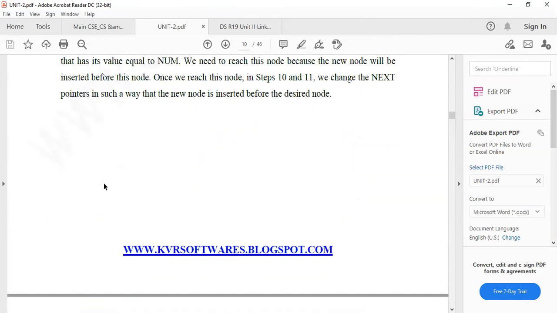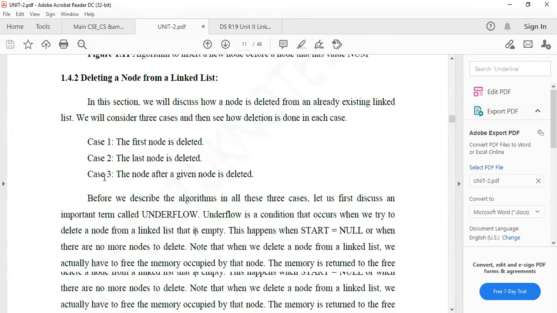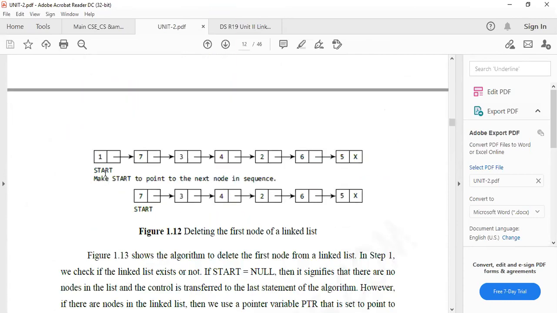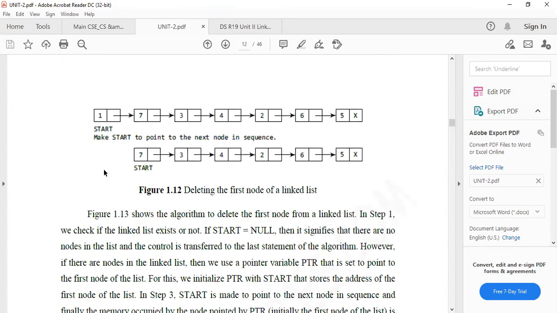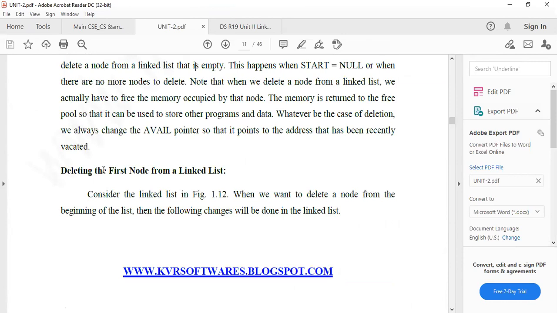That is another thing also. Okay. Deletion. In the case of deletion, we always change the available pointer so that it points to the address that has been recently vacated. That is important.